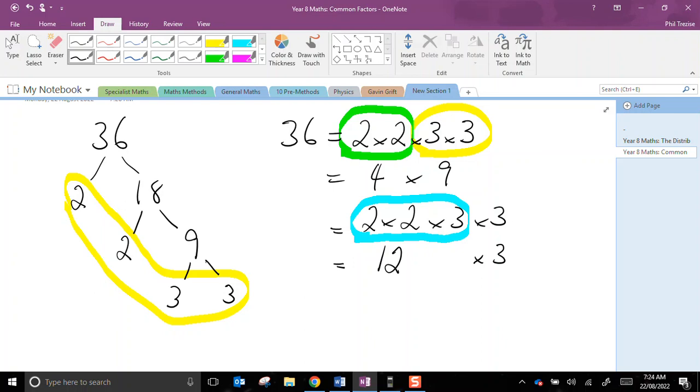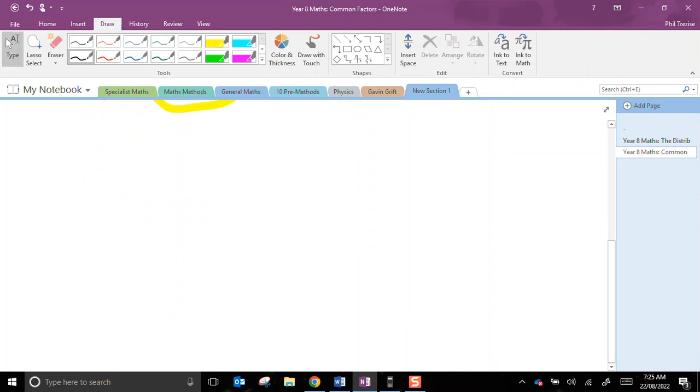Now this is what makes these types of questions a bit difficult. With so many factors to choose from, how do we know the one to pick when we're doing our working? Well, fortunately, there is a solution. Let's try a common factor style question that you might have to solve. Let's go with something like